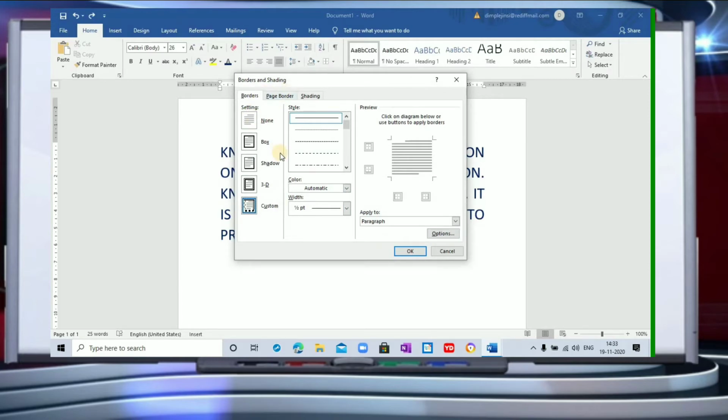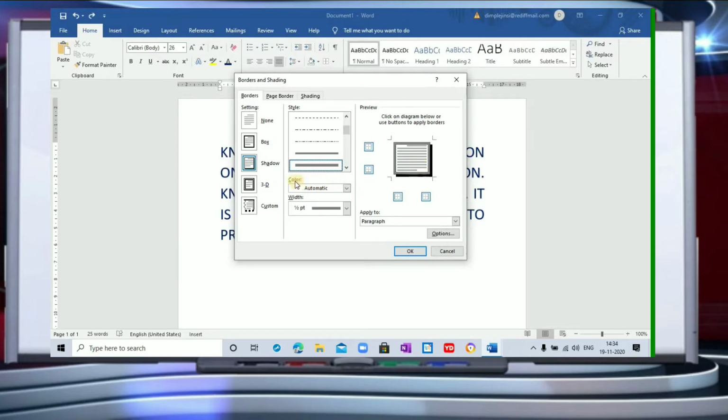Now you can pick up the border, whichever border you want. For example, I want this border. Whichever border you select, you will see that in the preview box also. If I select this border, you will get this border here. And if you want to change the style of the border, here is a style. There are so many styles, you can pick up any style. Supposing I have picked up this one, you will see the preview here. This border is around the text now.